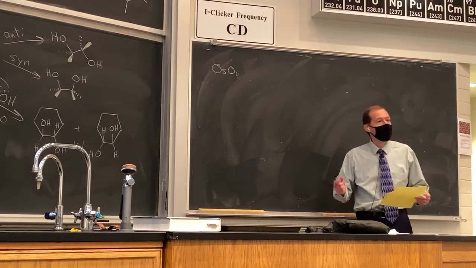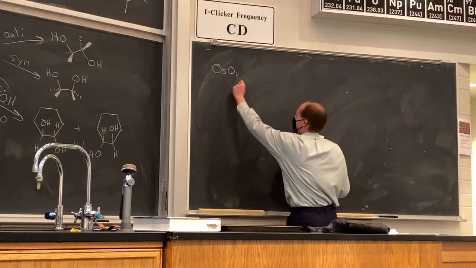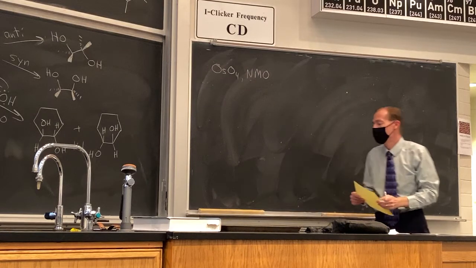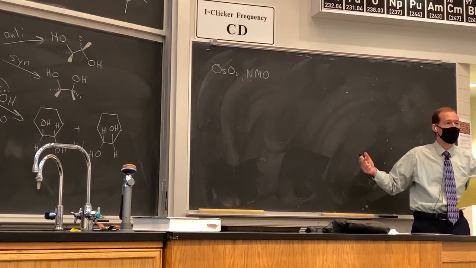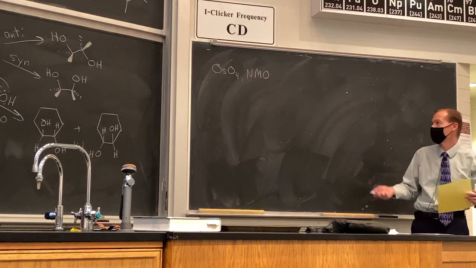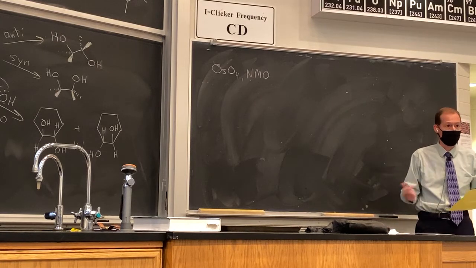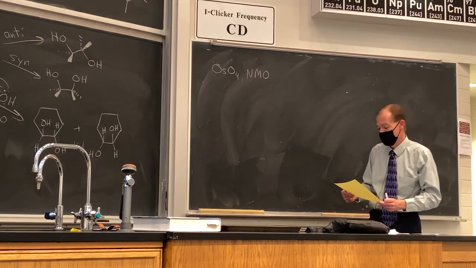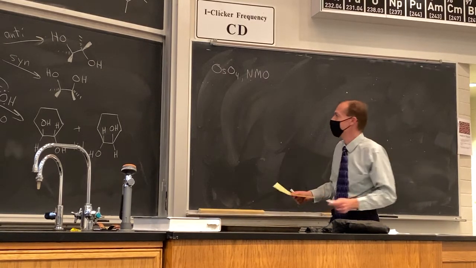So we try to use catalytic amounts of this material. And in order to do so, we use a co-oxidant that oxidizes the byproduct that we get from this reaction back to osmium-8, osmium tetroxide, so we can use small quantities of this reagent. Saves us money and is less hazardous. So the syn dihydroxylation